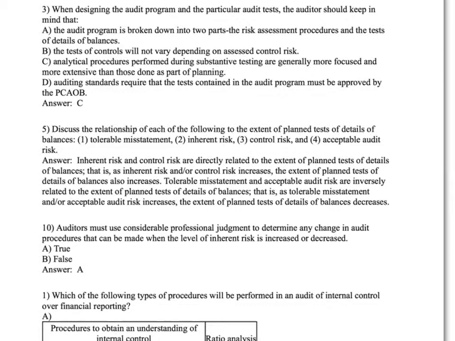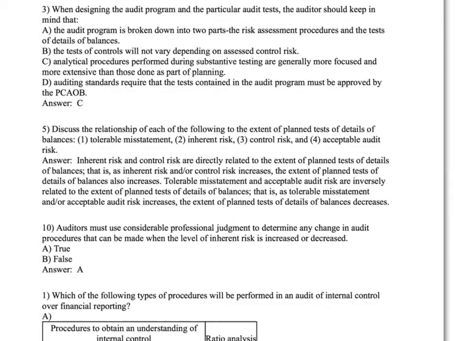So what this is saying is if you increase your tolerable misstatement, this is like your materiality. If you say originally it was $5,000 and it goes up to $10,000, that means that you're willing to accept more misstatement. So if you're willing to accept more misstatement, then you're going to do less testing. Same is true for the acceptable audit risk. If you are going to accept a certain risk in the audit, let's say, okay, we'll accept a 5% audit risk when you do all of your